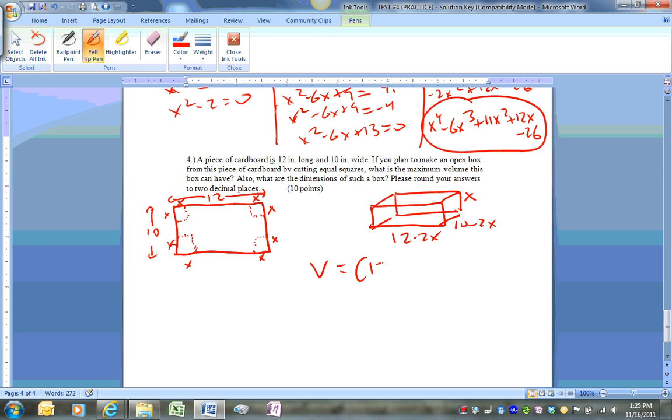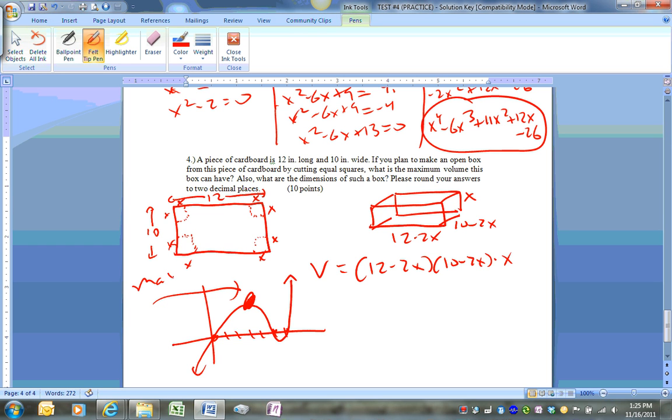The volume is this. You graph it. The graph should look something like this, with 0, 5, and 6. If you want the max volume, which happens right there. So remember, after you graph,